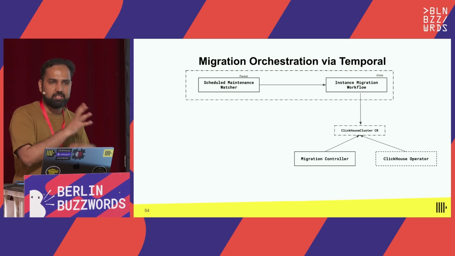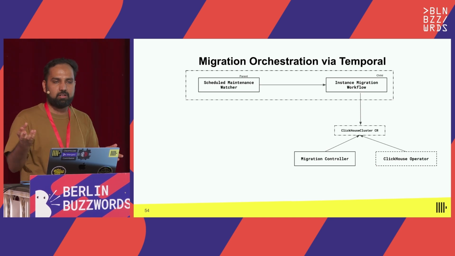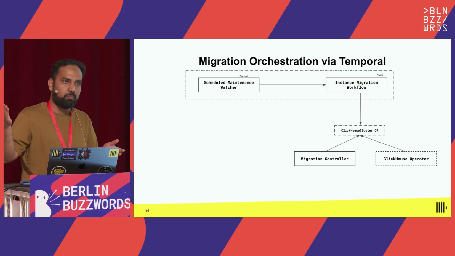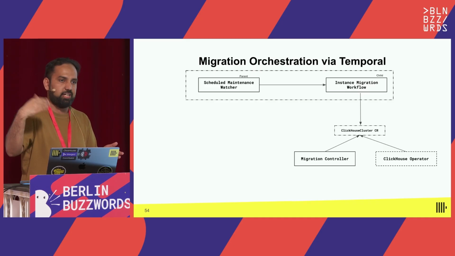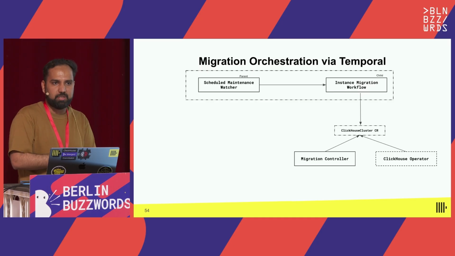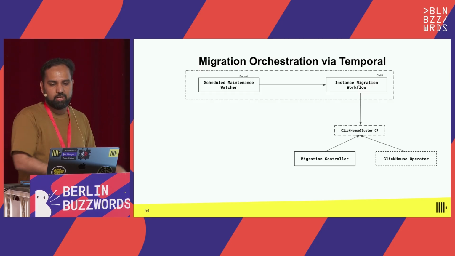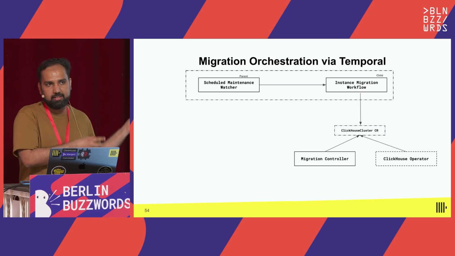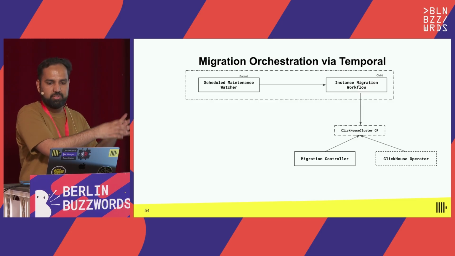So you have a maintenance watcher. We put the cluster in maintenance mode. And then every time a cluster which is scheduled for maintenance comes up, it sees, okay, this is the cluster that I need to migrate today. Maybe you have a batch of 10 clusters being migrated every day. You spin up a child workflow for each one of them. And then you push down a signal to your Kubernetes controllers that, hey, this cluster needs to be migrated. So please do this whole dance of adding new stateful sets and removing the old stateful sets for this cluster, please.